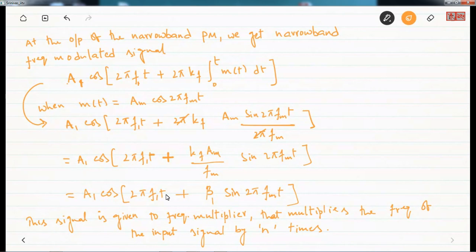So if we multiply the frequency of the input signal by n times, what do we get? Here we get n, and here also we get n. So the output will be,